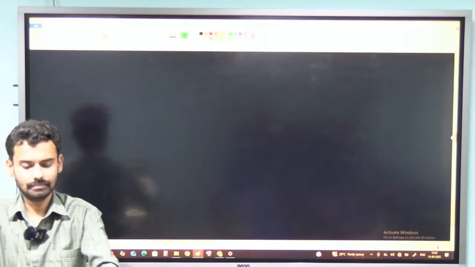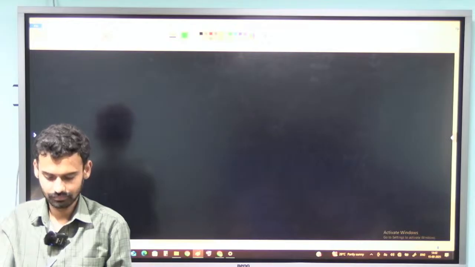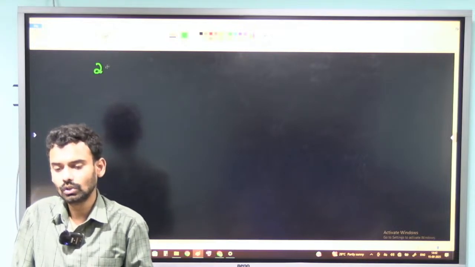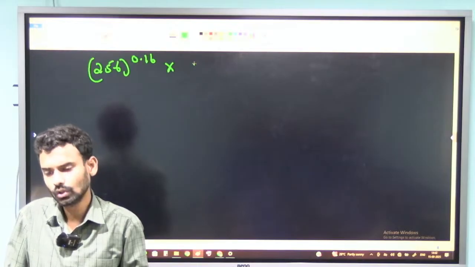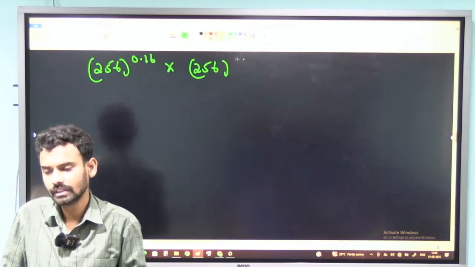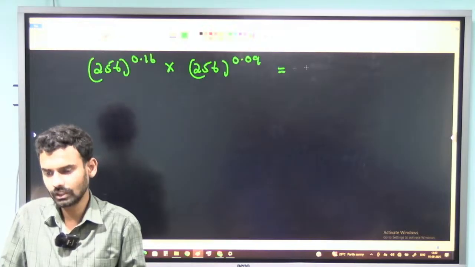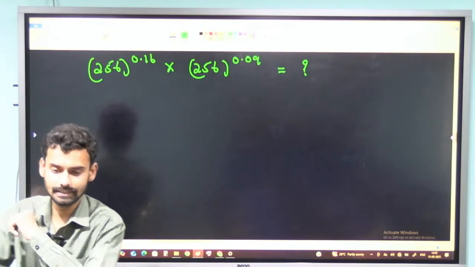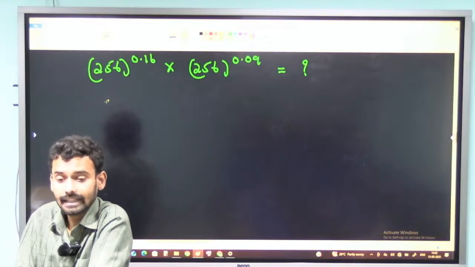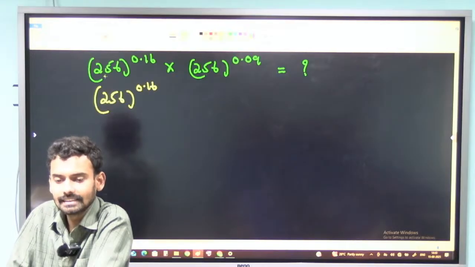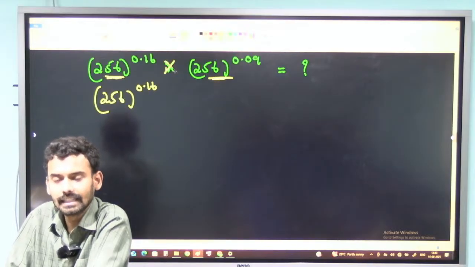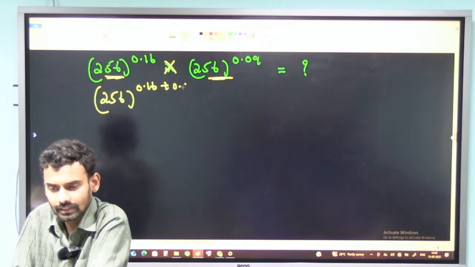Coming to the next question. Okay, let me consider this. 256 to the power of 0.16 into 256 to the power of 0.09 is equal to question mark. So this is what the question is. Now, as the bases are the same and we are multiplying the numbers, we will be simply adding the powers. So the answer will be